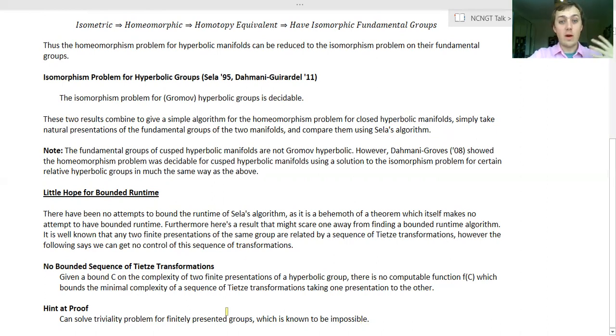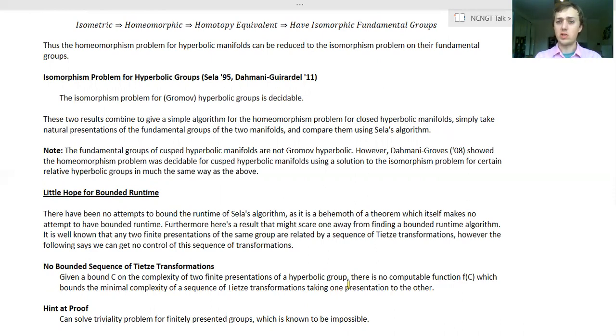But, well, I believe it's a well-known theorem that this doesn't work. Given a bound C on the complexity of two finite presentations of a hyperbolic group, there is no computable function, no algorithm which, given C, could tell you a bound on the complexity of the sequence. There's no computable function which bounds the minimal complexity of a sequence of Tietze transformations taking one presentation to the other. Okay, so this means you could have two small,